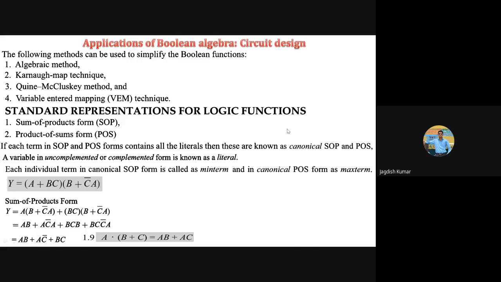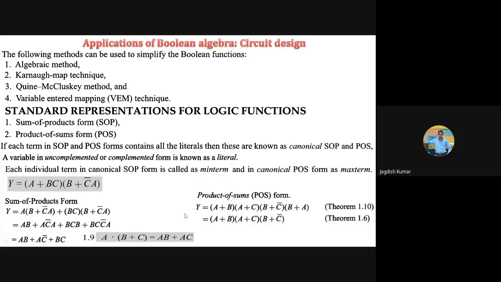So this form is not canonical SOP. How to arrive at canonical SOP we will be doing later on, but this is not. Is this clear or not? Could you understand why this is not canonical form? Is there any question on this part? First we will need to learn how to get the canonical form. This will require additional time, so I leave it as such here.